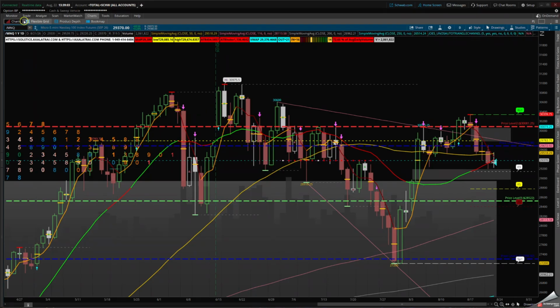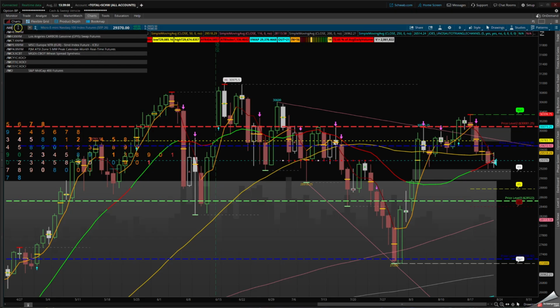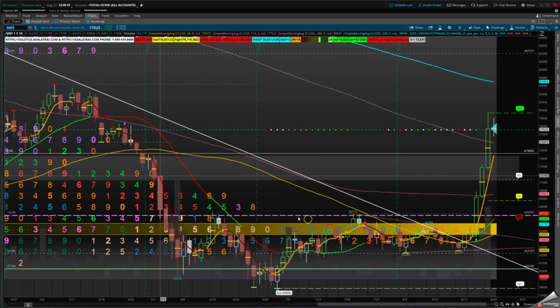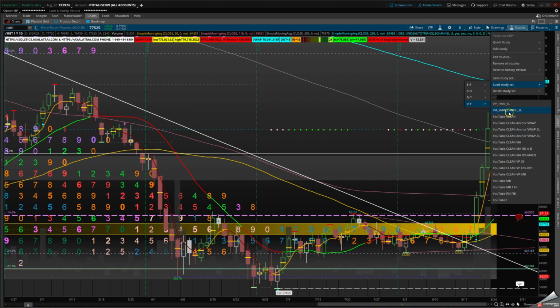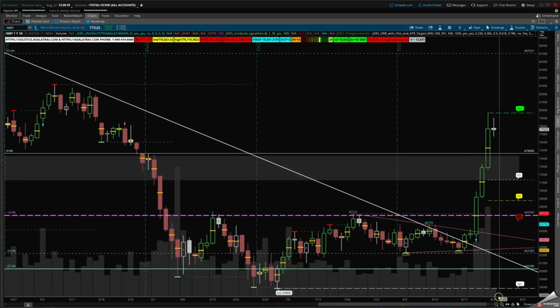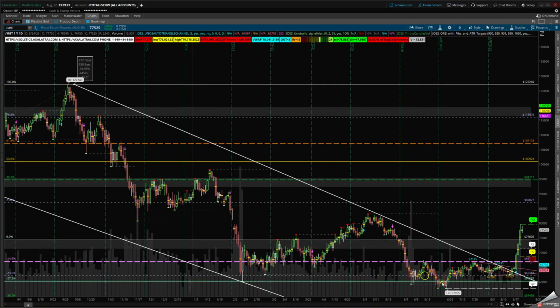So let's take a look at Bitcoin, because they are going towards micro BT. I'll use the micro BT. I'll clean it up, we come back to the style. We're going to load up a clean chart, just a clean one with nothing on it, so that way people can see what the expectation was in that downtrend.